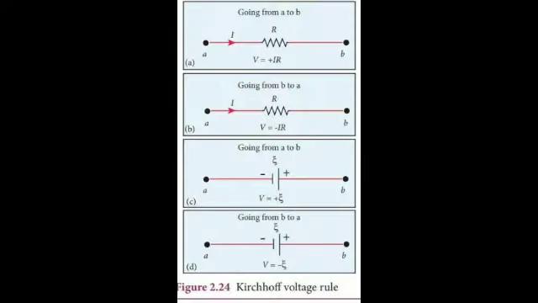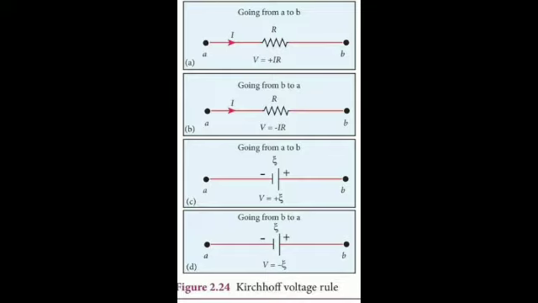The next, Kirchhoff's second rule, voltage rule or loop rule. It states that in a closed circuit, the algebraic sum of the products of the current and resistance of each part of the circuit is equal to the total EMF included in the circuit. This rule follows from the law of conservation of energy for an isolated system. The energy supplied by the EMF forces is equal to the sum of the energy delivered to all resistors.